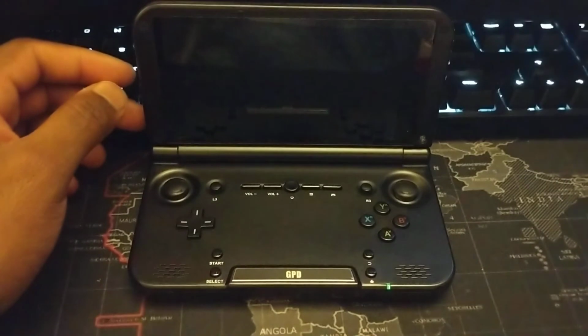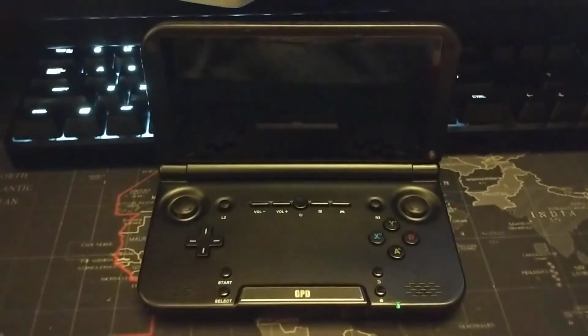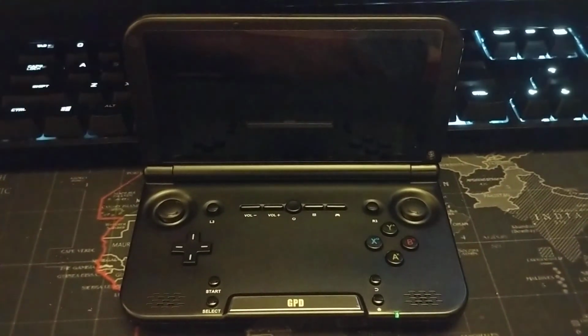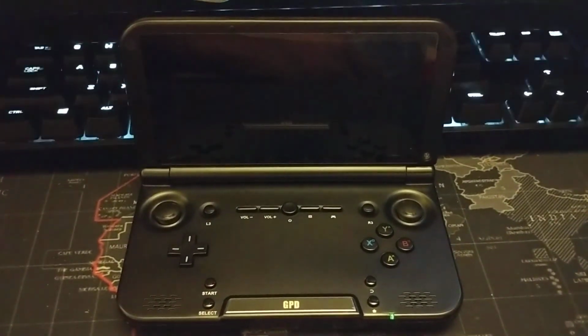First off, I just want to say this is the best handheld emulation experience you're going to find anywhere, hands down, in terms of price to performance and everything else like that. Now,